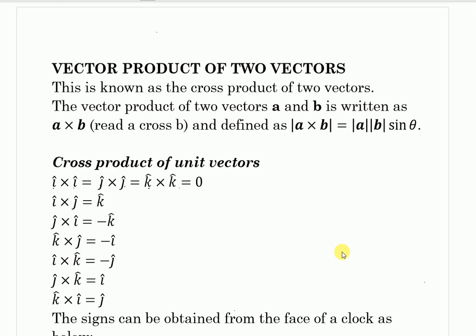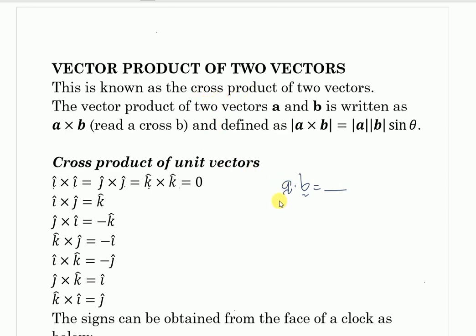This one is the vector product of two vectors. We are saying that this is known as the cross product of two vectors. The other time we had a scalar dot product, and the name scalar product comes from the fact that the result you get is a scalar quantity. When you take a vector A and dot it with B, the resulting answer is a scalar. Then for this one, when we come to the vector product, a cross product, the